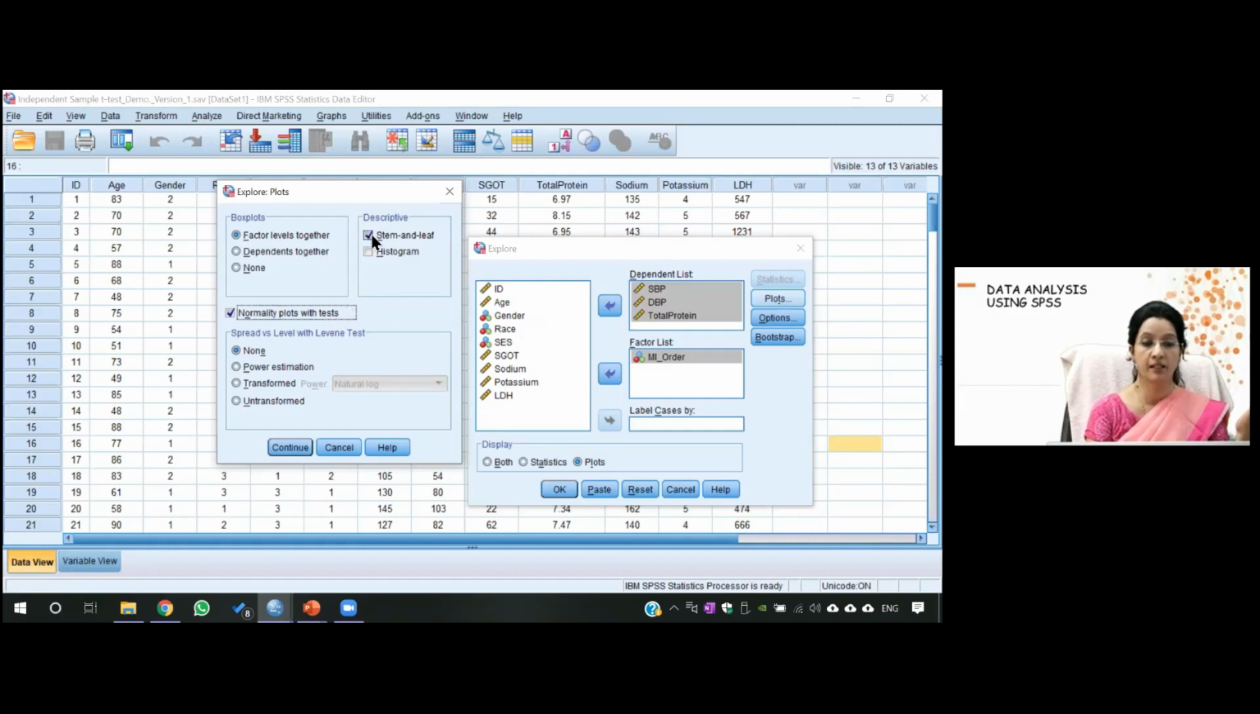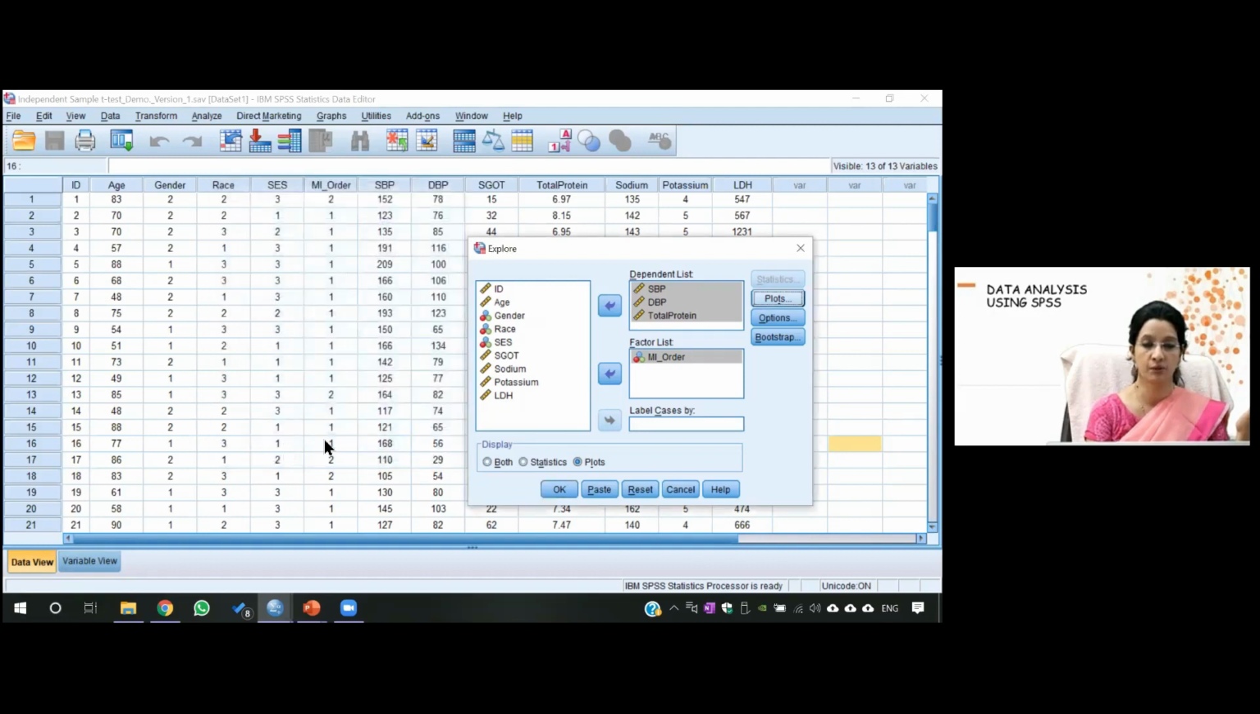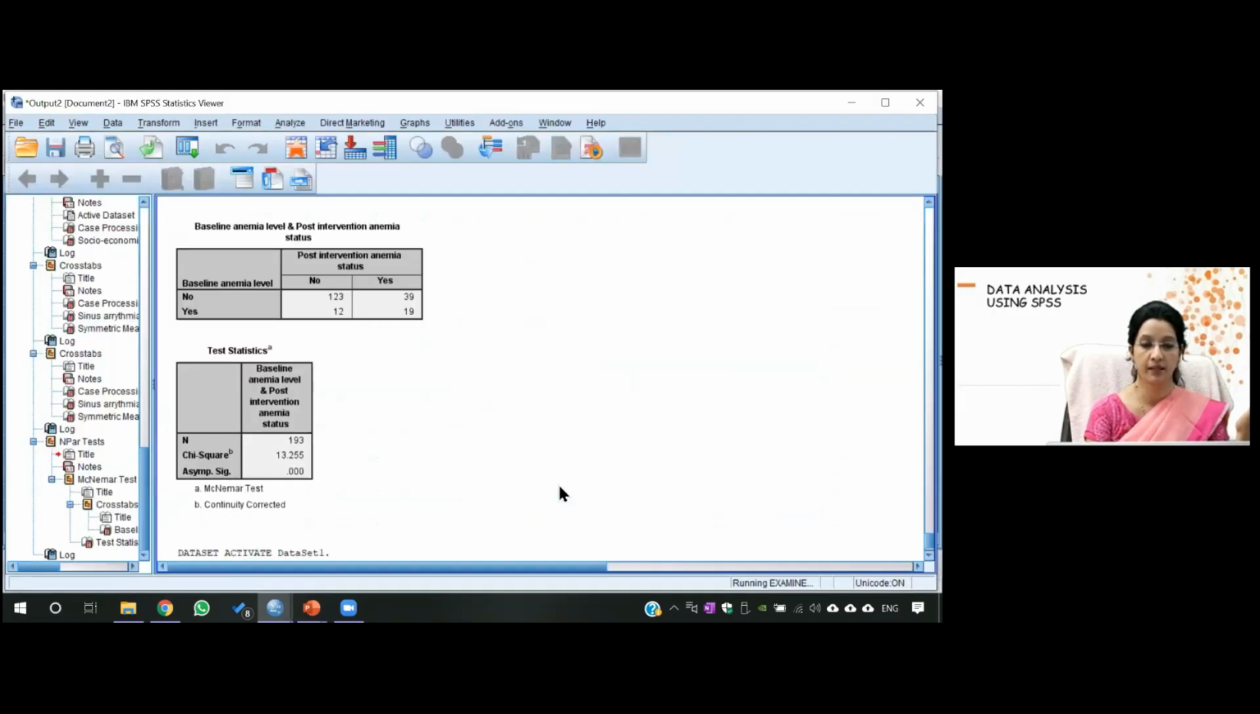And here in descriptive, I don't want here. So that's why I will uncheck the stem and leaf. Okay. So I'll press this, continue. I'll press this, okay. And then you can see in the output,